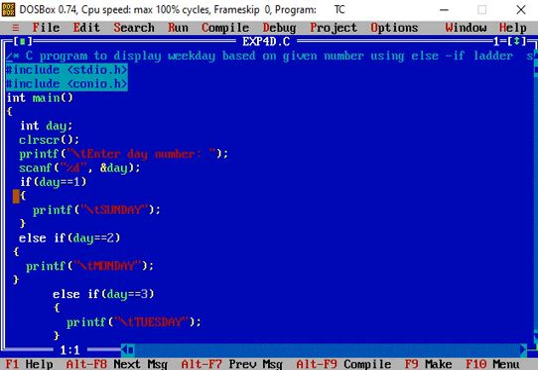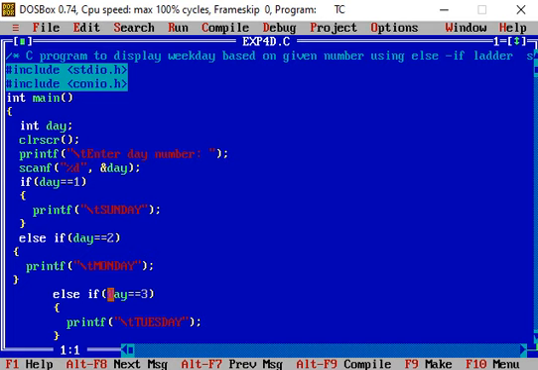Then if day equal to 1, we have to display printf Sunday. Else, in the else associated with the if, day equal to 2, if value of day is equal to 2, printf Monday.